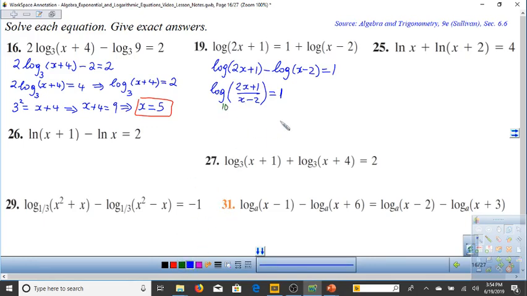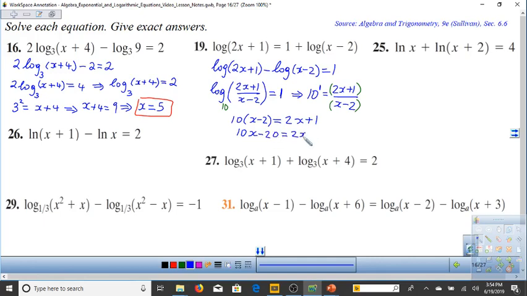So I can then rewrite this expression as 10 to the power 1 is equal to the input 2x plus 1 over x minus 2. I can then solve this equation by multiplying both sides by the denominator, or some people say cross multiplying. So when I multiply both sides by the denominator on the right, I end up with 10 times x minus 2 is equal to 2x plus 1. I distribute the parentheses,